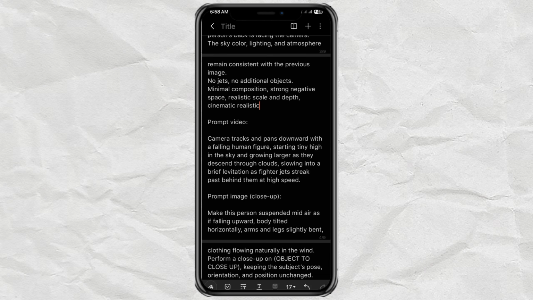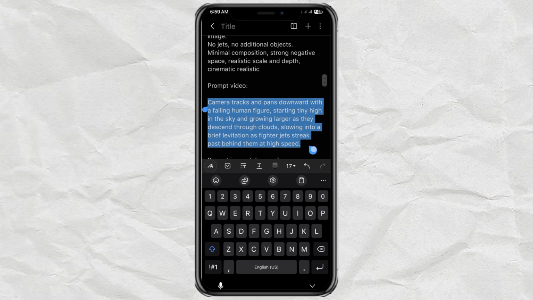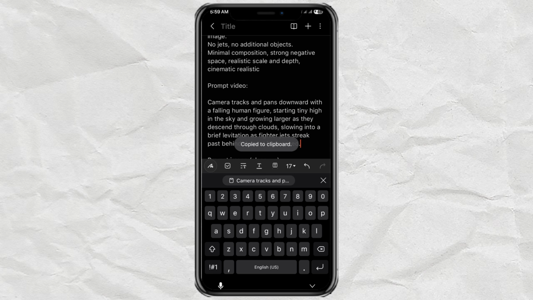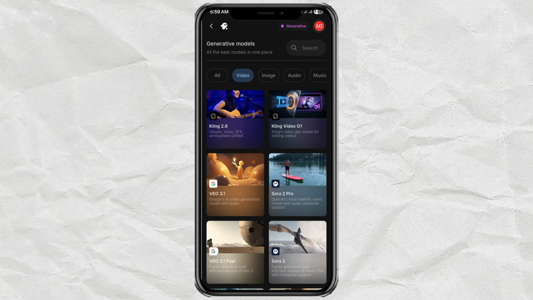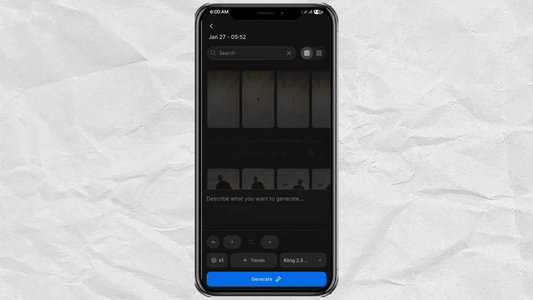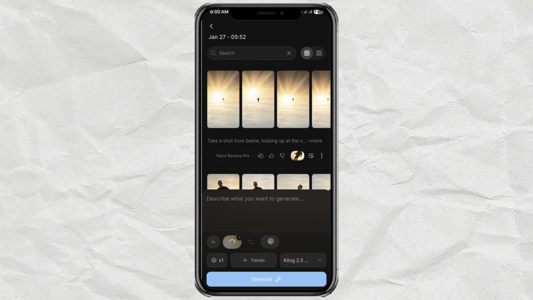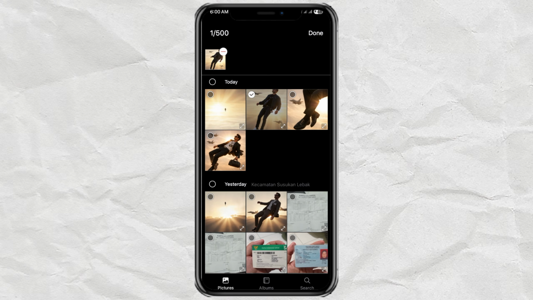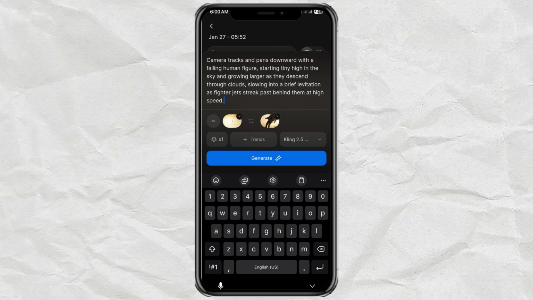Now step 3, generating the video. The fun part, turning images into video. Copy the video prompt from my website, go back to InVideo, but this time select the video model Kling 2.5 Turbo Pro and open the same project. Upload image 2 as the first frame and image 1 as the last frame. Paste the video prompt,